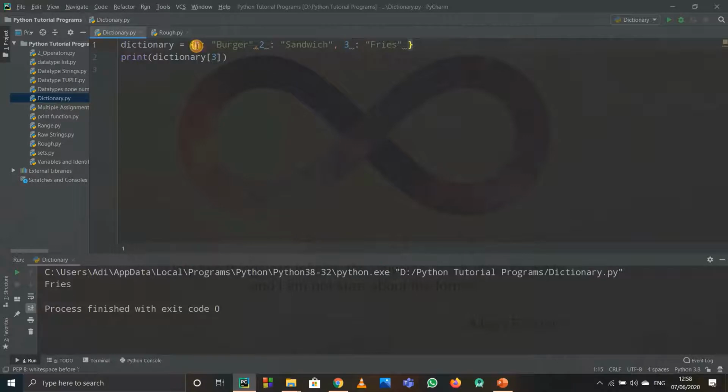And see, it's not necessary that the key will be integers only. You can write the key to be anything. Suppose I am writing names now. Suppose I want to write Sam as the key. But Sam is a string, right? So I'll have to write it in double quotes. And when I assign something to it, that is, Sam is the key, suppose I want to write his hobbies. So I'll just write reading.